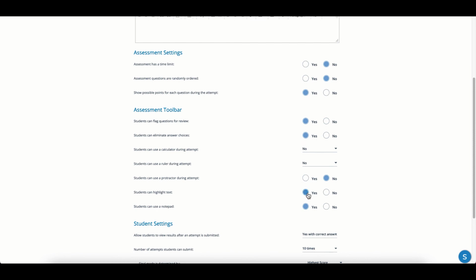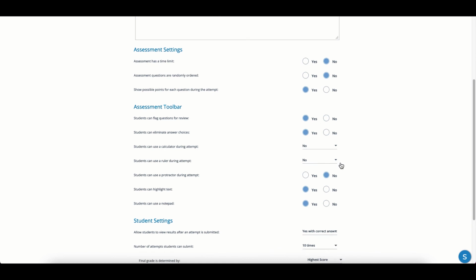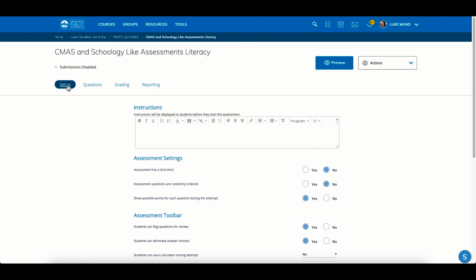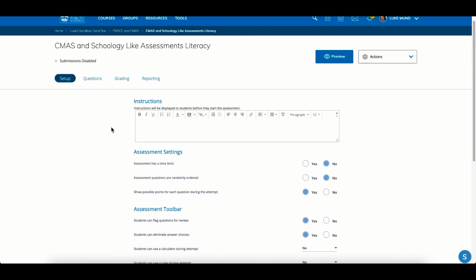Highlight text, such good test taking, even for a do now in class, right? Using a notepad, always a good idea. And then we have our other math tools. Again, wait back for the math video. It's going to be later on in the series, and you will see those math tools as well. So always turn these on. These are in your setup, and this is the first page that you get after you name your assessment. It'll be right there ready to